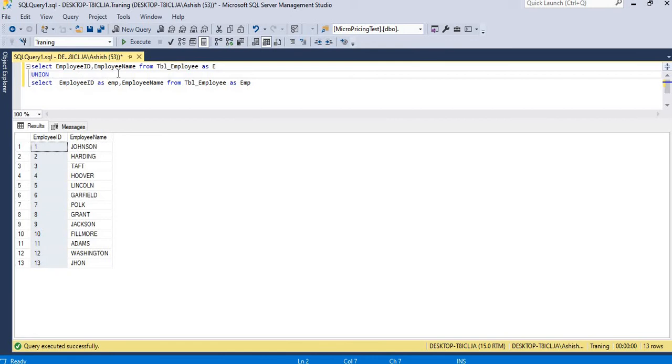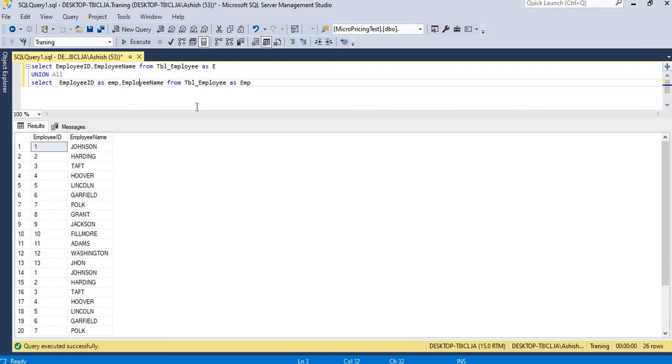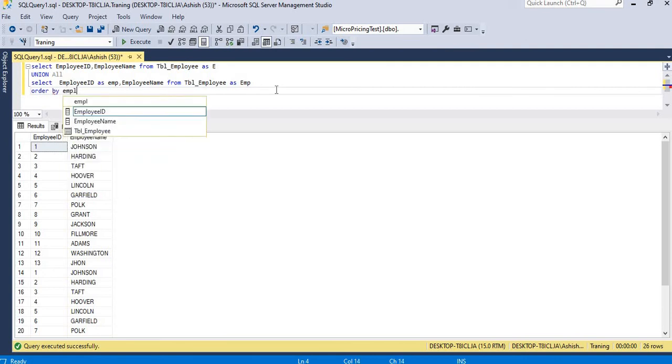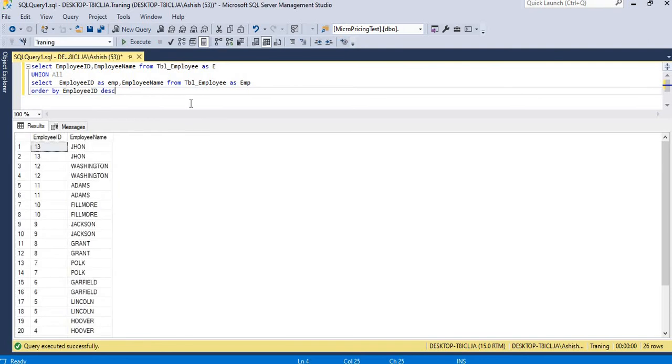So if you don't have any duplicates in your data, always use union all, because it is faster than union. You can use order by also, employee ID DESC. Ascending is already taken, so I am going with the descending one. So this is how union works.